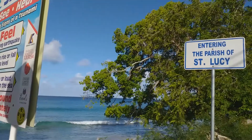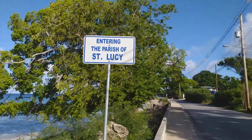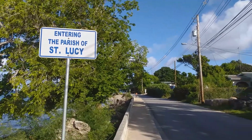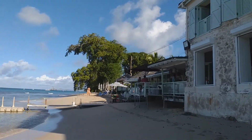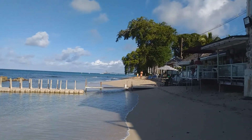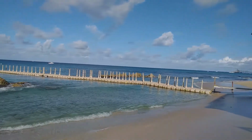But we are now walking into the parish from St. Lucy into the parish of St. Peter. That's how close we are in terms of a parish. So this is in the area between Clinkits and Shermans, St. Peter, St. Lucy. The borders are really bottom bound, and we are walking out towards, you see in the open, approaching the Fish Pot restaurant, and we're gonna walk towards there and get some scenery, see some boats there going out with the tourists, and